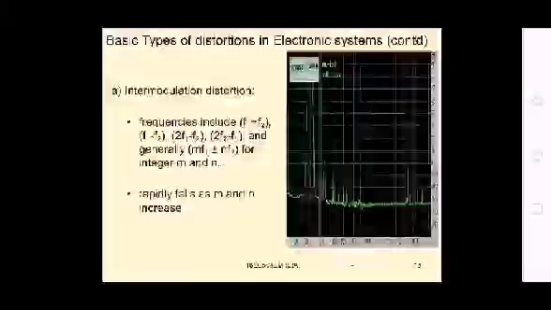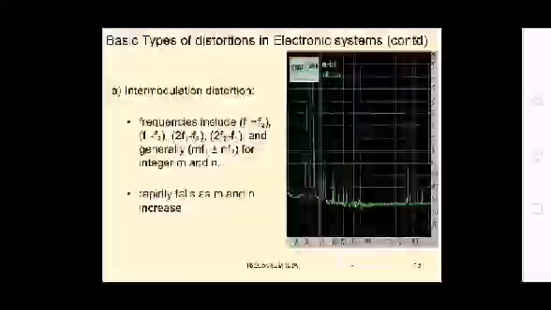At the output you have to get only f1 and f2, but we are getting different frequencies at the output due to this f1 and f2 mixing. That may be either f1 plus f2, f1 minus f2, or in general m f1 plus or minus n f2 for any integer values of m and n. These values rapidly fall as m and n increase.